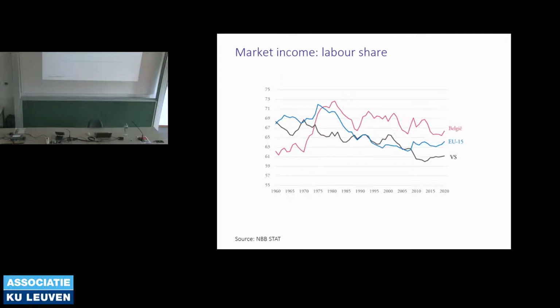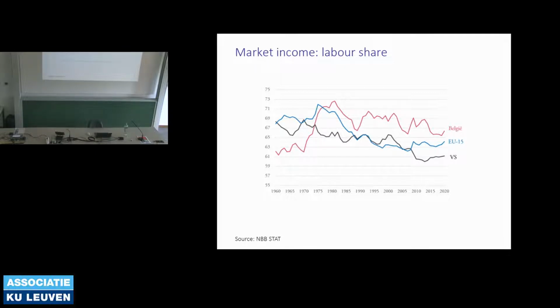We see a trend which is declining, yes, if you start at 1980, slightly declining, but there's a sharp increase in the period which precedes the 1980s, in the 70s. So do we see this sharp decline of the labor share in Belgium? Well, it depends where you start looking, basically, would be our answer.